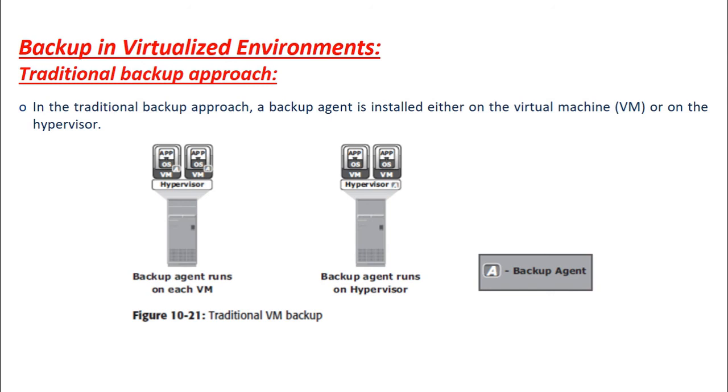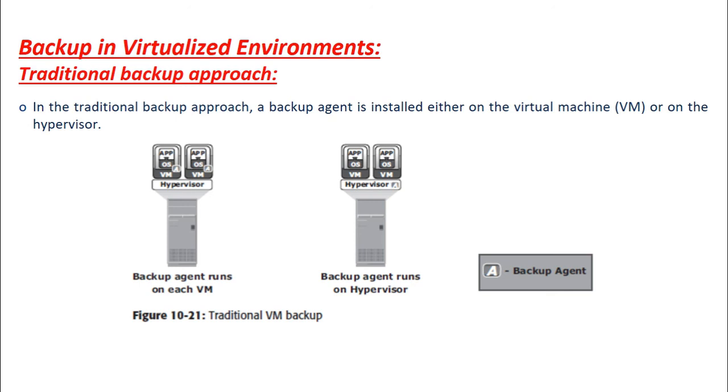So when the backup agent runs on the virtual machine, it does not back up the virtual BIOS file, virtual machine swap file, logs and the configuration file. Therefore, it needs a manual recreate operation if we want to restore the virtual machine. It backs up only the virtual machine data to the backup device.